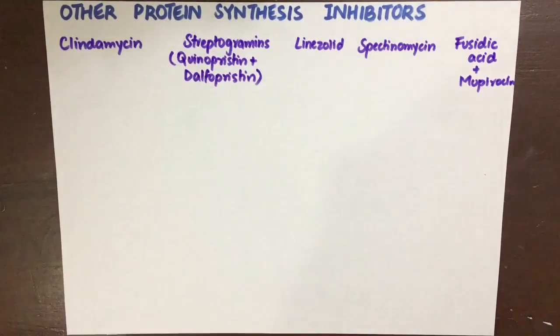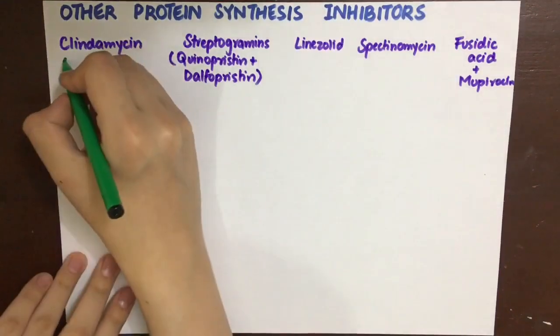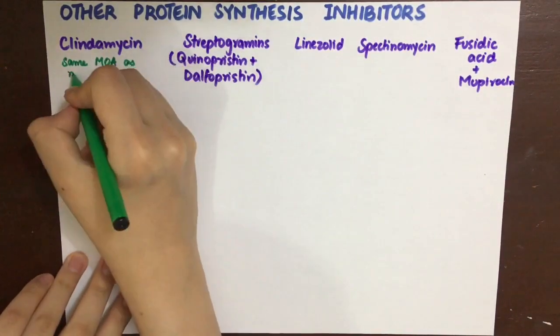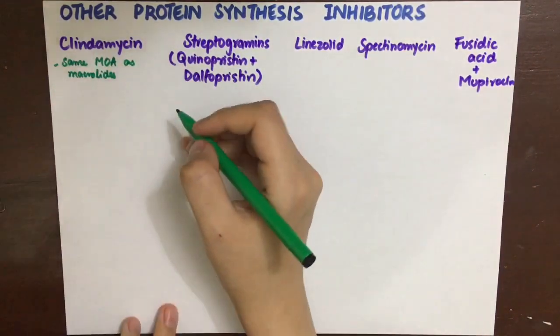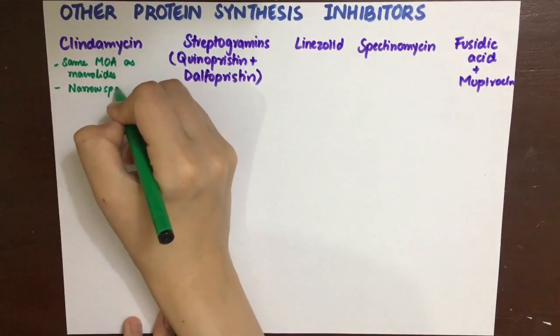Apart from aminoglycosides, tetracyclines, chloramphenicol, etc., there are also other protein synthesis inhibitors: clindamycin, streptogramins, linezolid, spectinomycin, fusidic acid, and mupirocin. Coming first to clindamycin, it is not a macrolide, but its mechanism of action and resistance patterns are the same